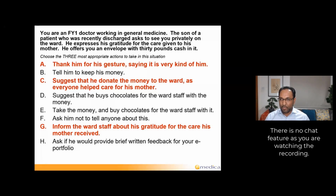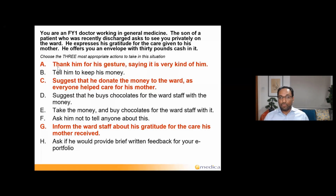Let me know in the chat. How many of you thought, I'm not going to pick A because I don't want to take the money? You see, if you just looked at that on its own, you could think that, but remember it's "and". When you add this to this, it's clear you're not taking the money. Okay? Do you see? But the other thing is that even if you were to pick E, for example, take